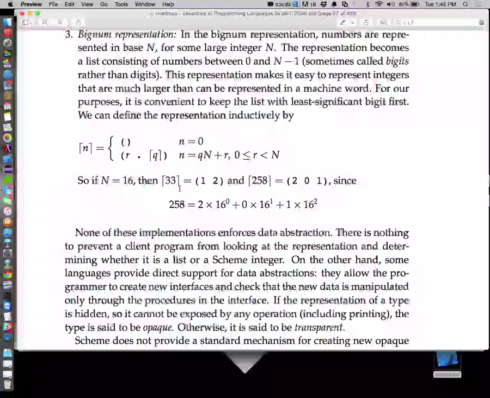All right, so these are big integers. Instead of digits, it's bigots. Get it? All right. So they're saying that the number 0 is the empty list. We represent 0 as the empty list. Here's an example. If we have the decimal number 33,